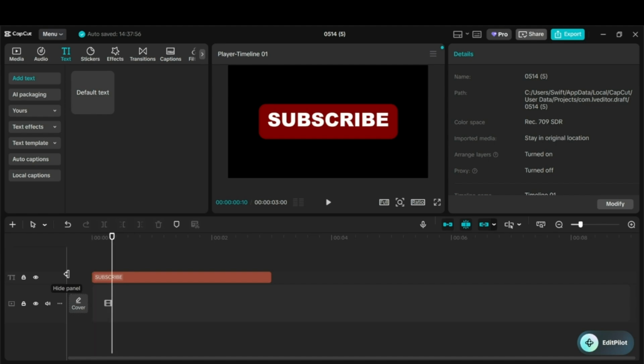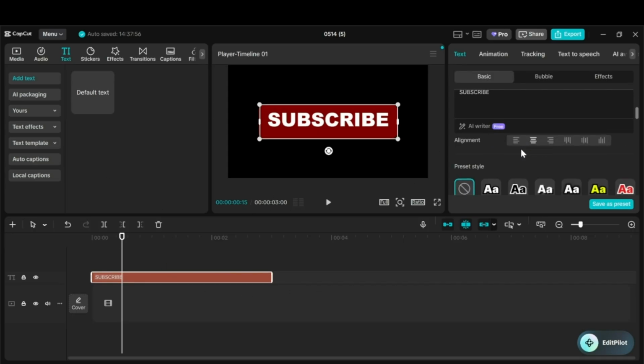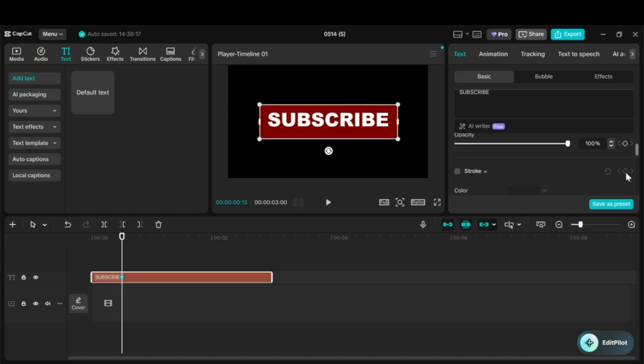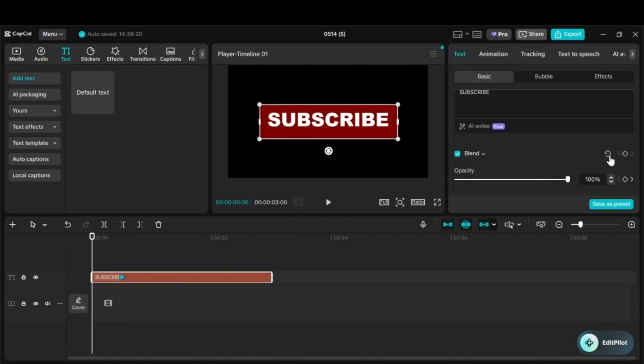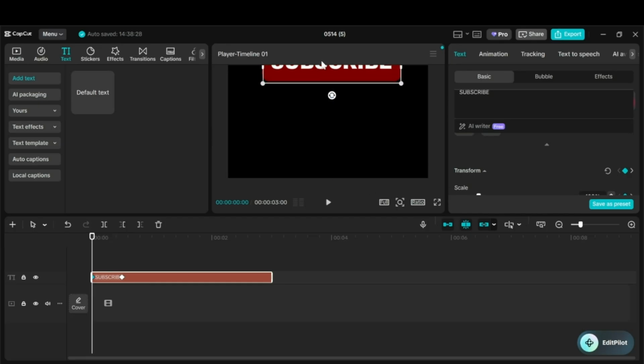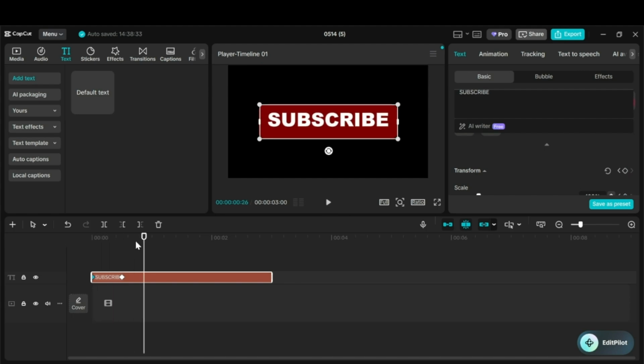Then go like 15 frames to the right, and then do transform and blend. Then go back to the very beginning and do transform and blend again. Then scroll it up. Then you should get this animation, but then